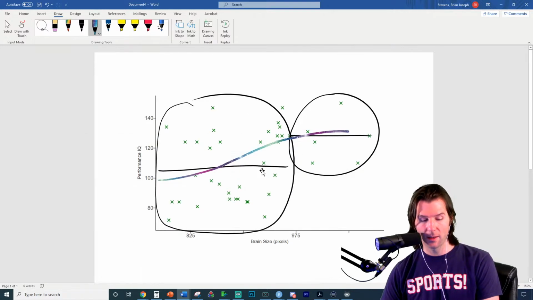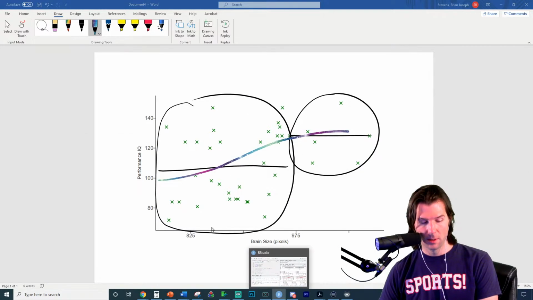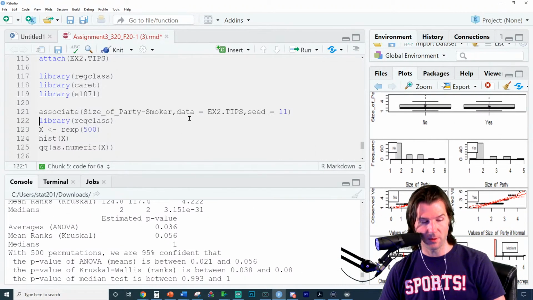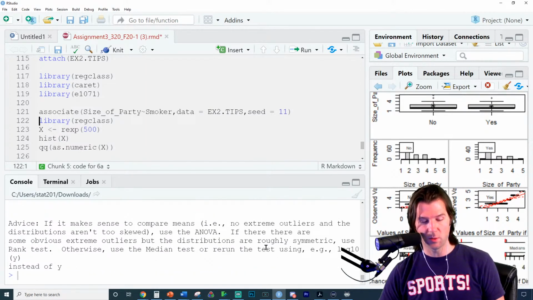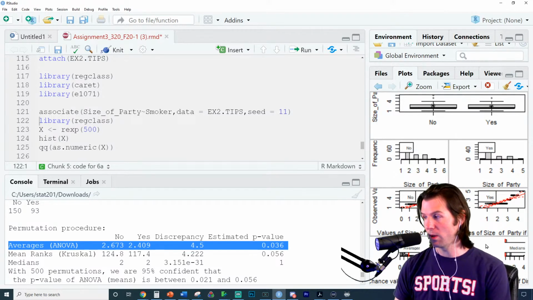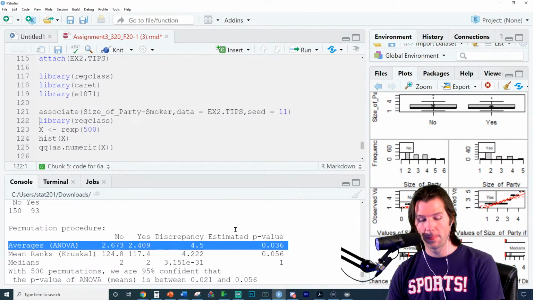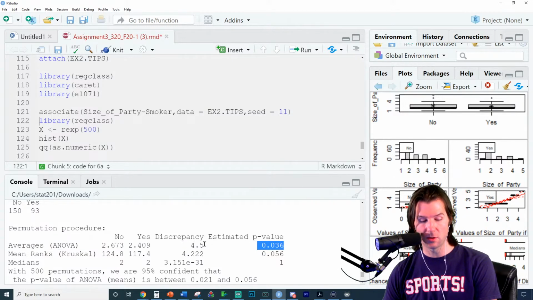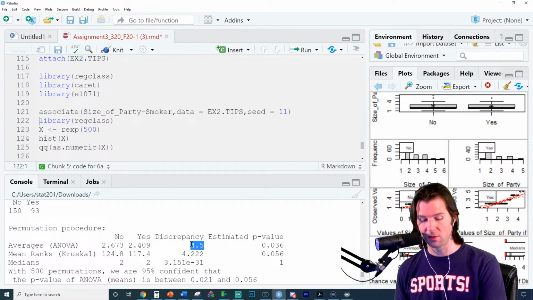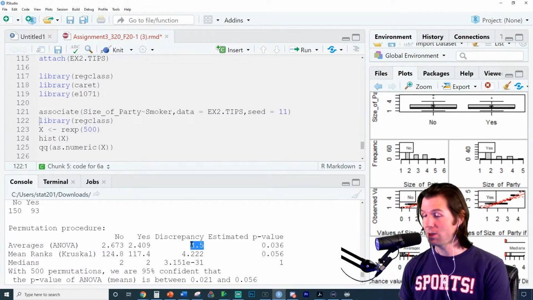And so when we go back to the output, we can see the p-value. I don't like the way the output looked. I just want it to be all in, here we go. We can see the p-value right here for the averages, which relates to this graphic that we're just looking at. The p-value is very small. And remember when we said the discrepancy was like 4 point something? That's the F statistic right there, which tells us the variation between the groups was 4.5 times larger than we would have expected due to random chance. So it's a good bit of variation between the groups, between the averages between the groups.